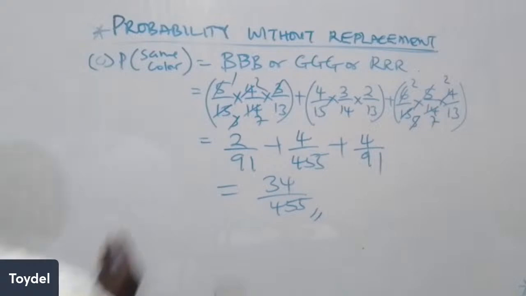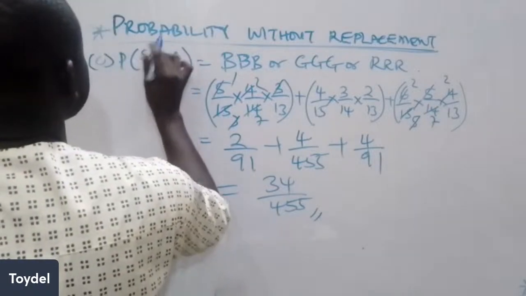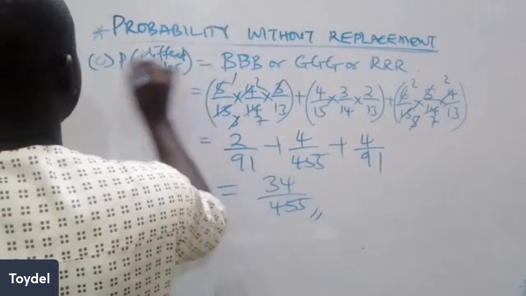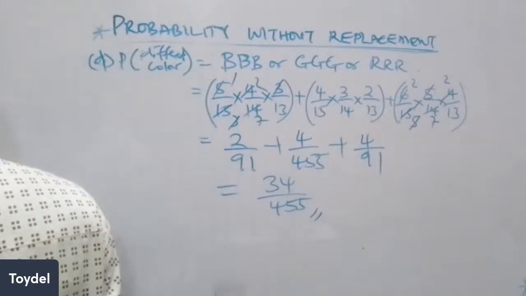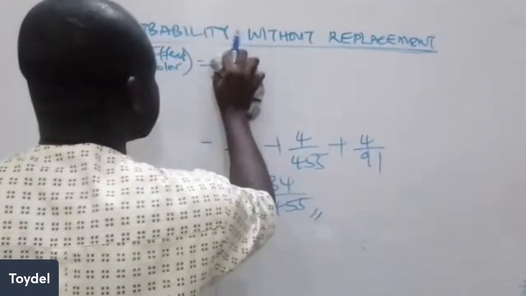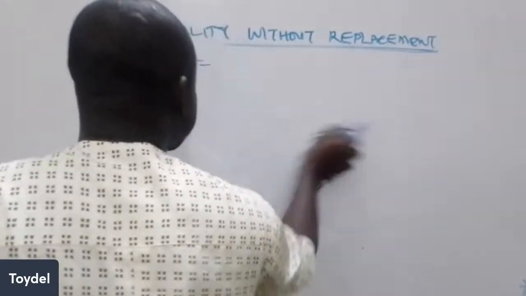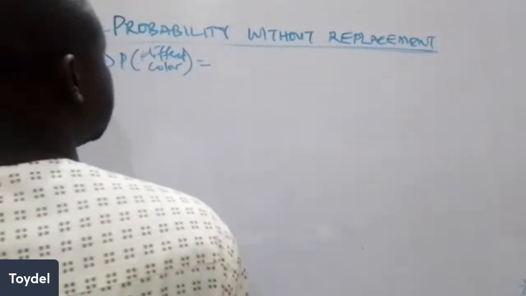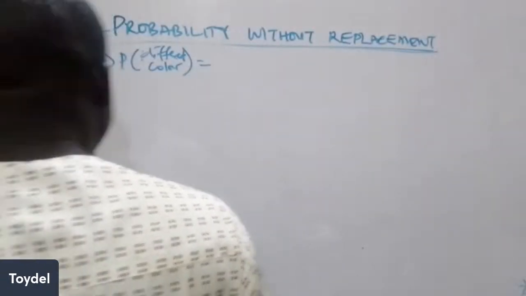Then the last one is when they have different color. That's the last question. Of course, if you check my video on probability with replacement, it's still the same thing. Just that the value keeps reducing, in this case, under without replacement. So you can have